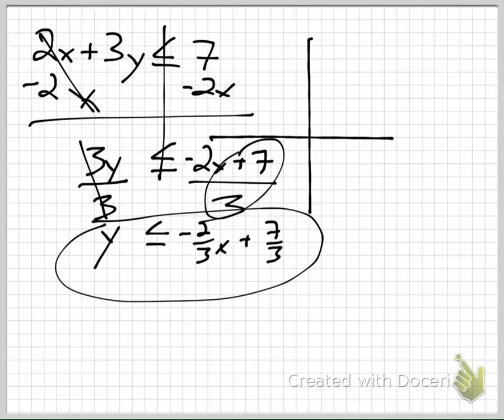Could you turn the 7... The slope, you never turn into an improper fraction. That makes no sense. You can't have a 2 1/3 slope. But you can, if you wanted to, turn that into 2 1/3. I wouldn't. Why not? Why would you? I mean, unless it's a huge number and you have no idea where it crosses the y. But either way,